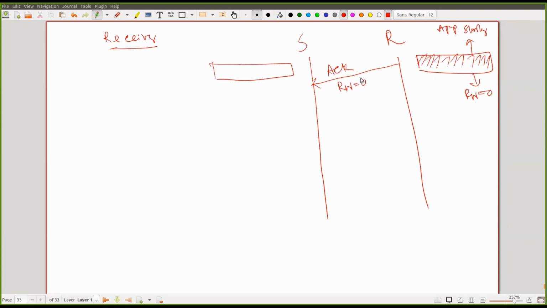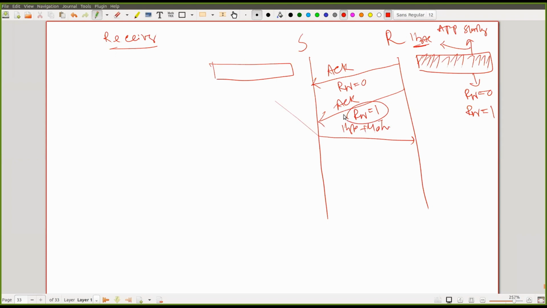Now, after this, let's say 1 byte of data is consumed by the application layer. At that moment, the receive window becomes 1. In the original scenario, it is going to send an ACK with a receive window of 1, and this is the reason why the problem arises. As it advertises a receive window of 1, the sender can send 1 byte of data, and as a consequence 40 bytes of header is added. Again, the same problem arises.